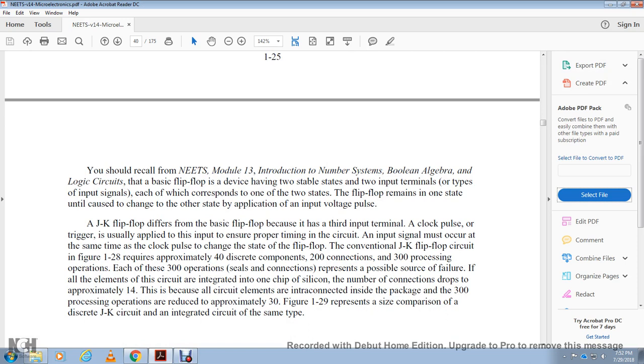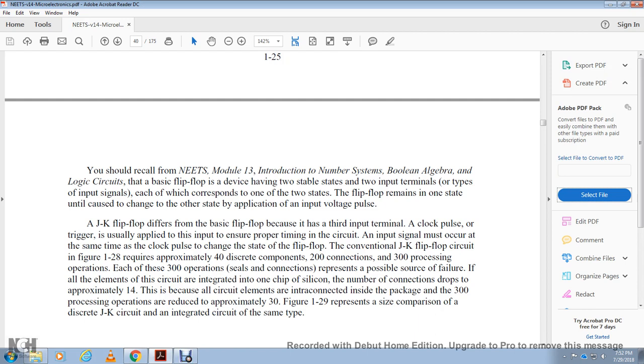The conventional JK flip-flop circuit in figure 128 requires approximately 40 discrete components, 200 connections, and 300 processing operations, with each of the 300 operations representing a possible source of failure. If the circuit elements are integrated on one chip of silicon, the number of connections drops to approximately 14. The basic package with all circuit elements interconnected reduces the processing operations from about 300 to